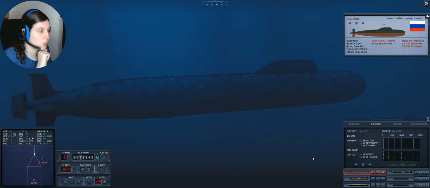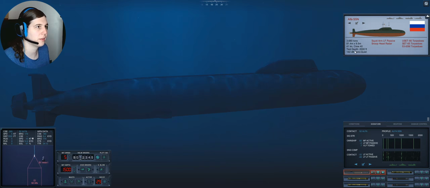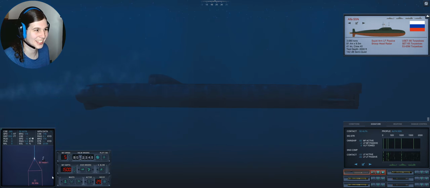He's struggling. So the Alpha, it says semi-quiet, but actually it's quite a loud submarine. So the thing that the Alpha did was it's incredibly fast because it's got a liquid bismuth reactor, which was experimental at the time. I think it was like one of the first examples of a liquid metal nuclear reactor, and all of the crew. He's heard me. Oh, that's not a...